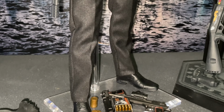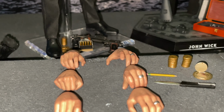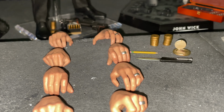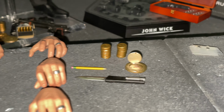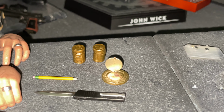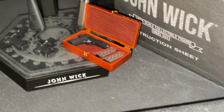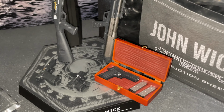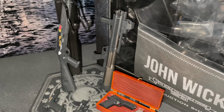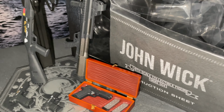What can you say? Let me just go over his accessories again with you. There's all his hands, still with his wedding ring intact. His trusty switchblade, the gold coins, his Baba Yaga pencil, the boogeyman, his blood oath marker, a couple of buttons, wrist pegs, the gift box. I think it's a 50 cal, I'm not too sure. His Bulldog shotgun, his Borelli shotgun, the instruction manual, the clamshell, and then the slip cover, which is this, the art box,